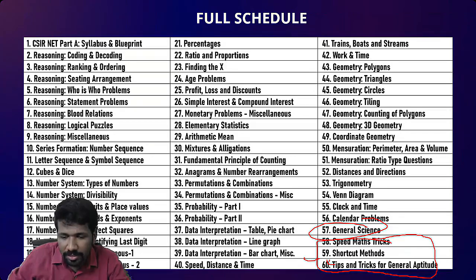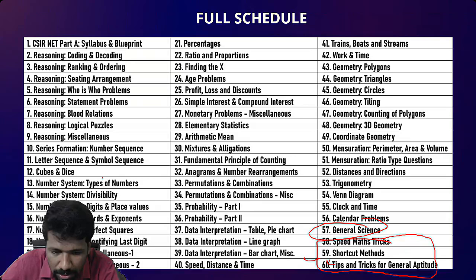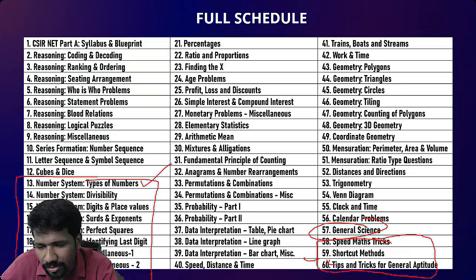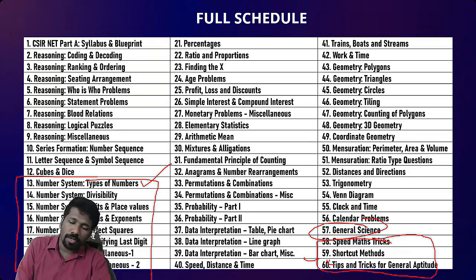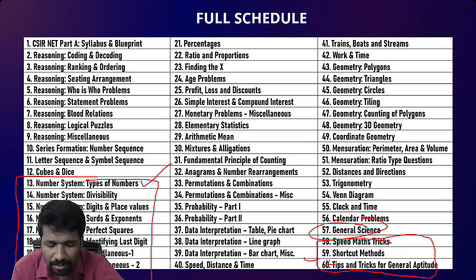So tomorrow class is there, Krishnaveni. Tomorrow we'll be starting number system types of numbers. As I told, we will be starting from quantitative aptitude unit. And tomorrow more students will be part of this course because as I told, there are multiple batches. So those topics that we have taken already will be taken for you separately. Reasoning we have completed for the first batch.